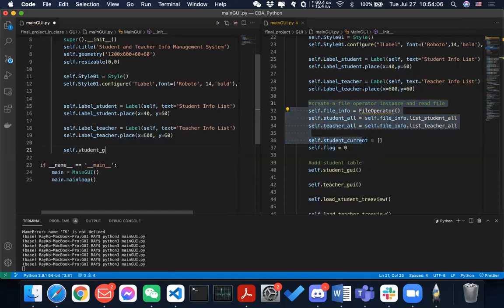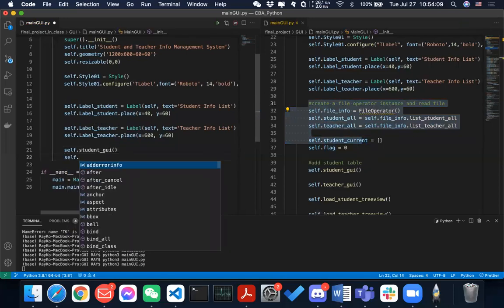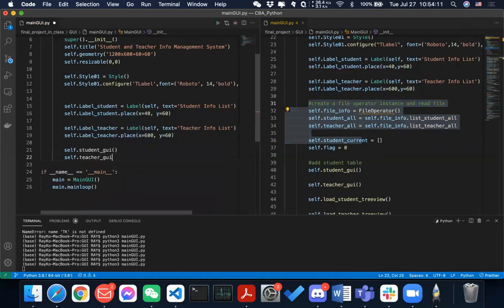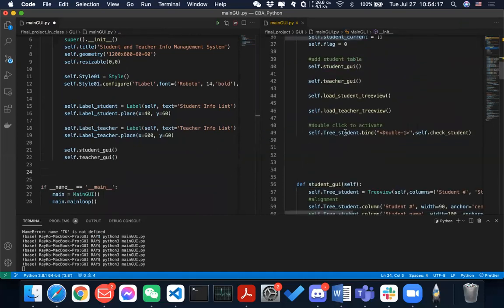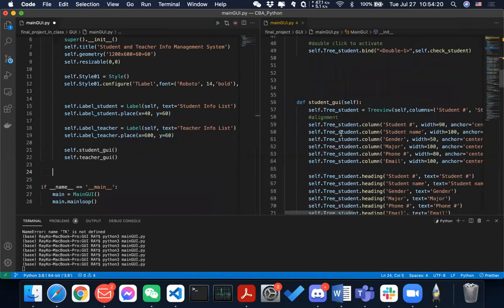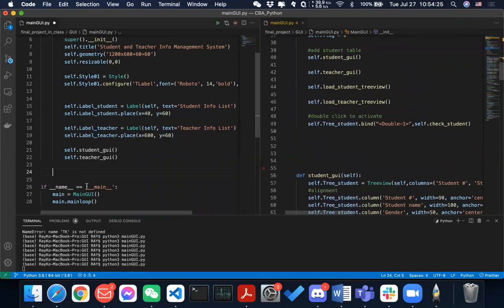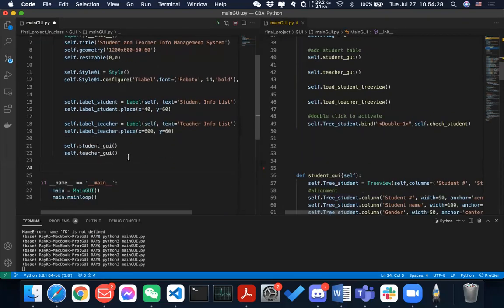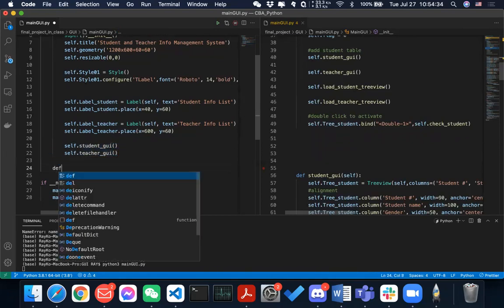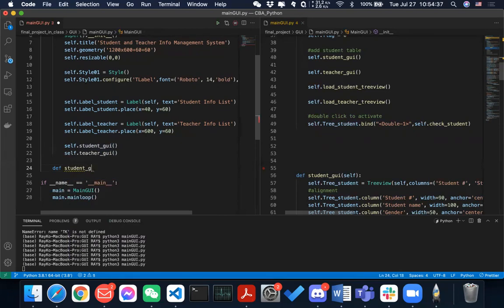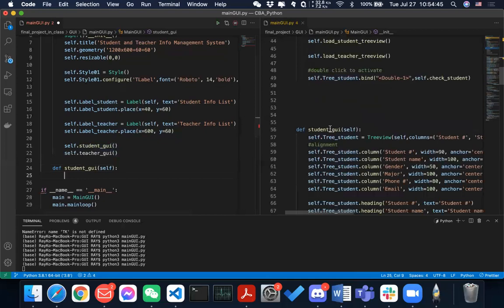self.student GUI, and then self.teacher GUI. And then what this does is it actually does this kind of stuff for you. So in the initialization method, we're calling those two methods so that we can separate our code a bit, and not make it a big chunk of code that no one can actually read. Okay, so